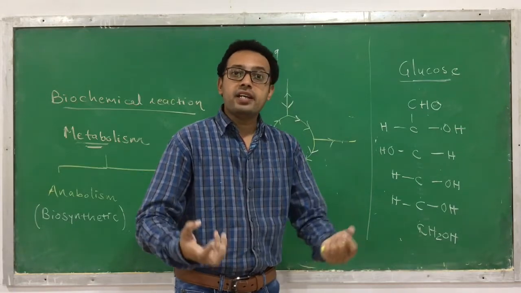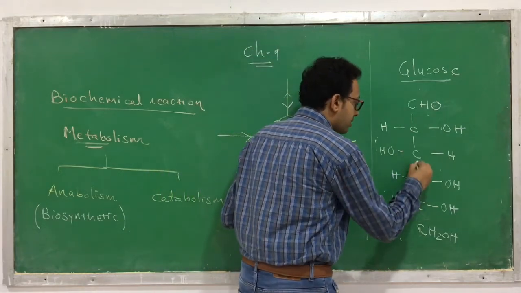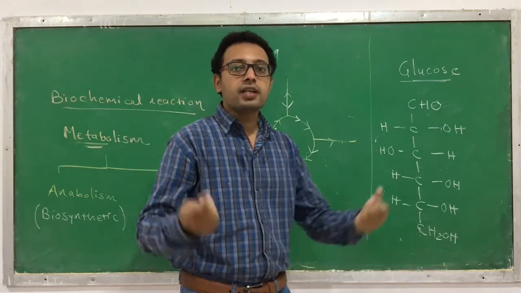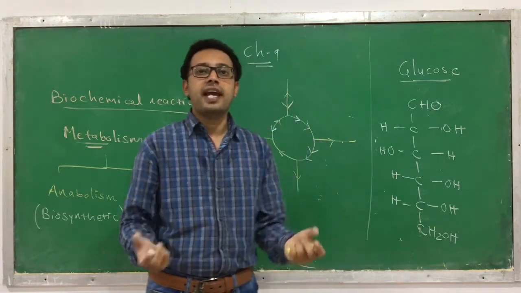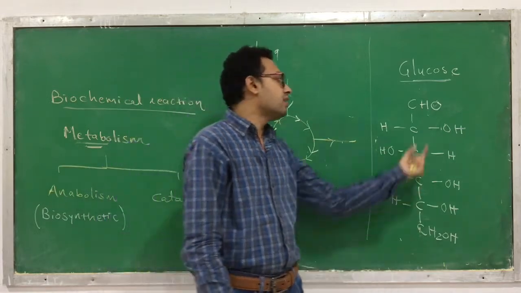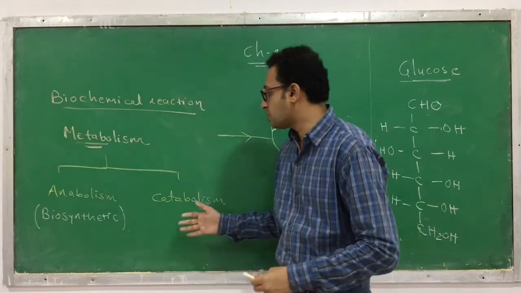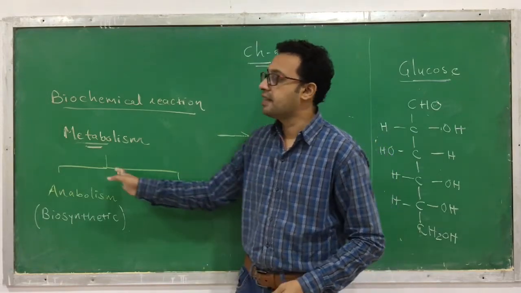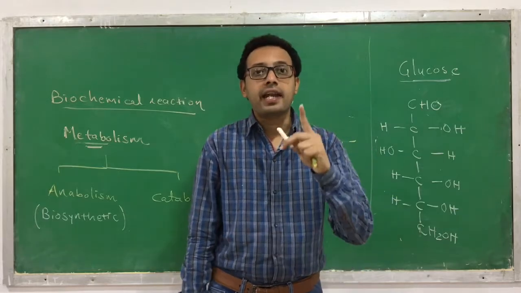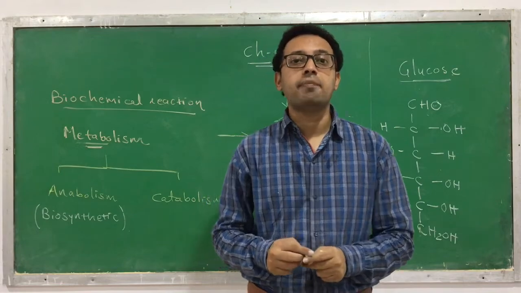When you are getting the excess energy, what happens? There is a formation of a bond. By the formation of a bond, the energy is stored over there. Whenever you need the energy, it is going to be liberated by the breaking of bond, and that breaking process we are calling catabolism, and the making process we are calling anabolism. Both kinds of processes are continuously happening in our body.